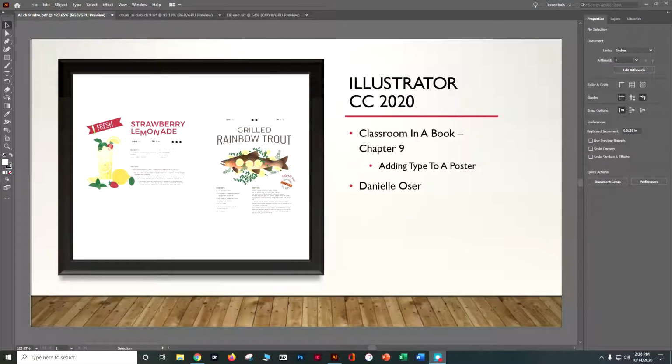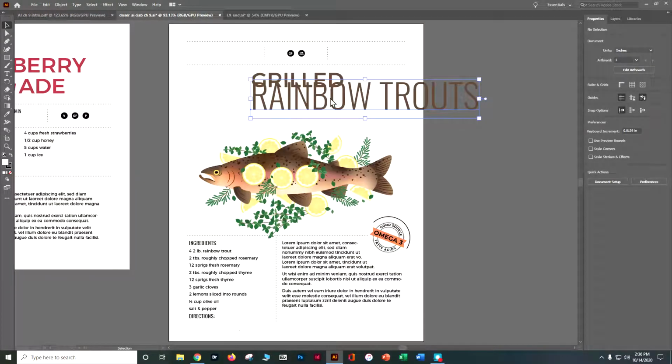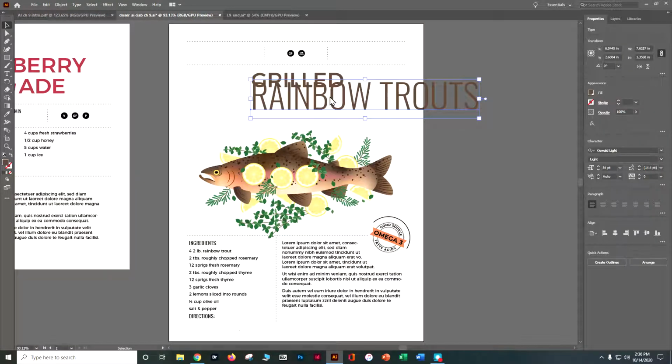In this tutorial, we're going to use Adobe Illustrator CC 2020 to go through Class Run a Book Chapter 9. This is part 3 of adding type to a poster. So when we left off, we had just finished writing rainbow trouts, and we're going to go ahead and warp that text. So let's go ahead and grab that escape key